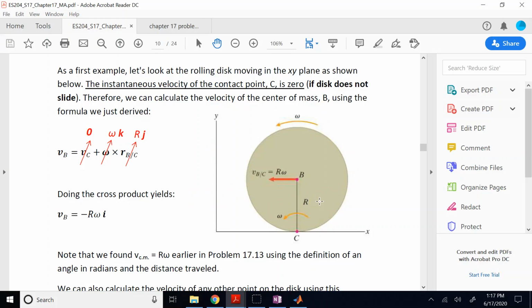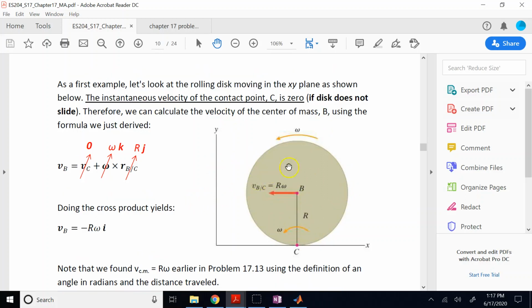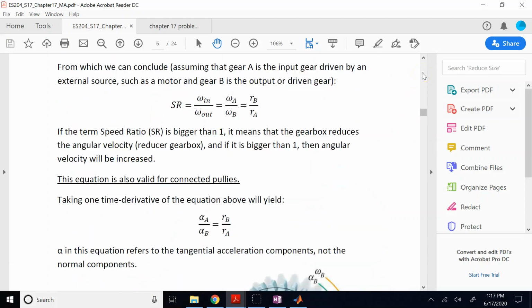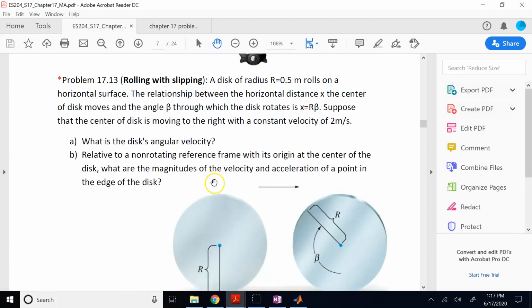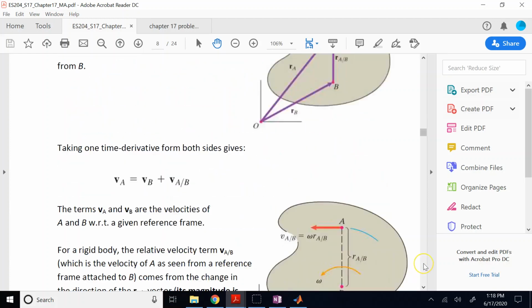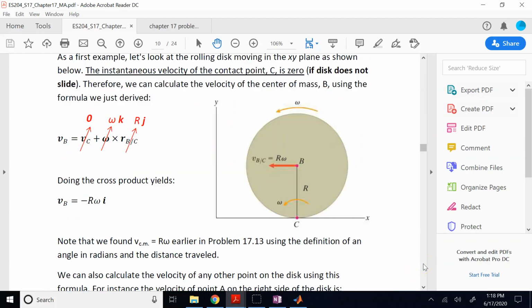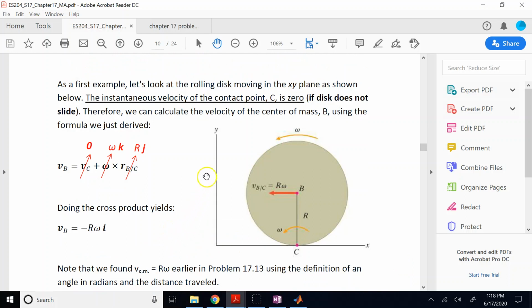Remember when we analyzed this problem a little bit before here in the classroom, we used the coordinate system at the center of the disk that was moving, and with respect to that, we found the velocity of the contact point. Now we're going to fix this coordinate system this time. So what we have is a fixed coordinate system, xy,